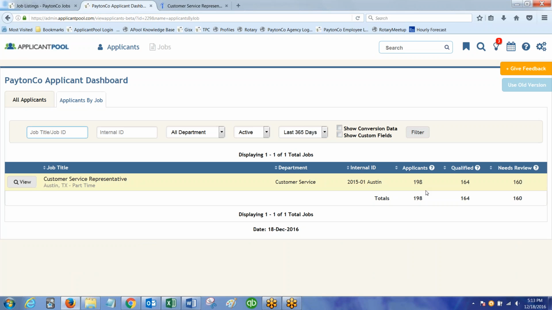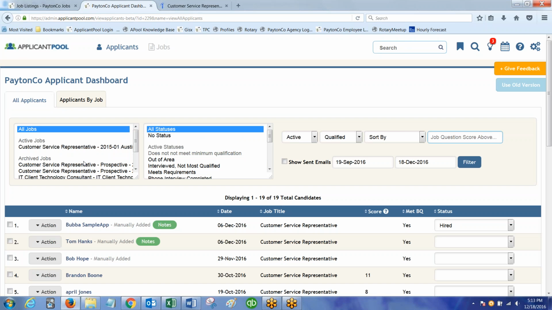And so we can see the number of applicants, how many of those met the qualifications, and how many have not yet had a status given to them, so they still need to be reviewed. So this is my workload, if you will, going back for the last year. So going back to the All Applicants page, if I want to view the applicant, I can just click on